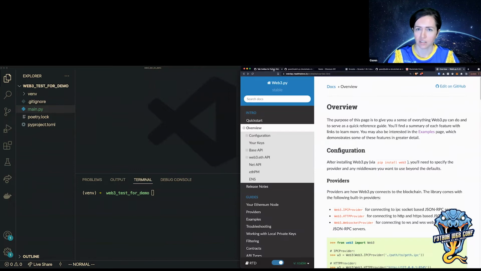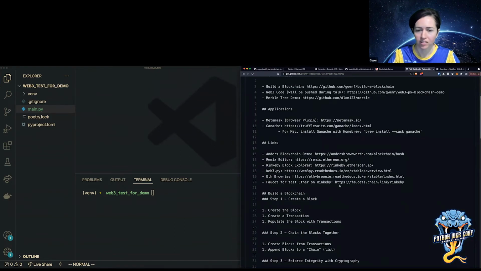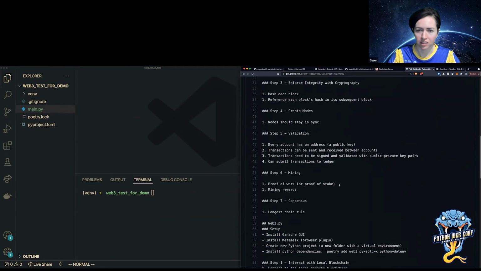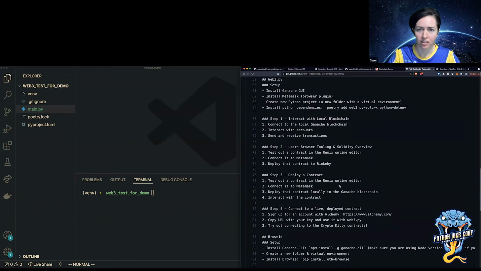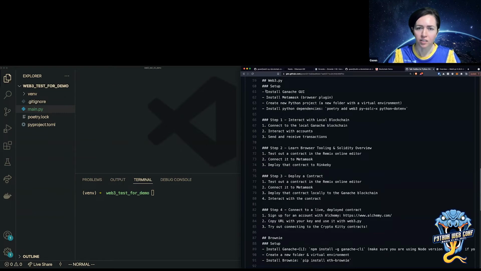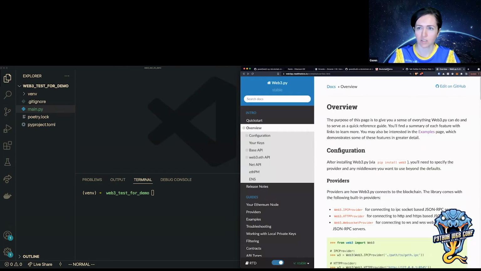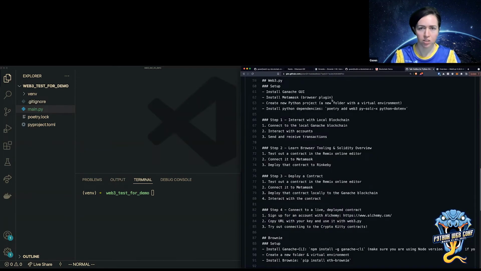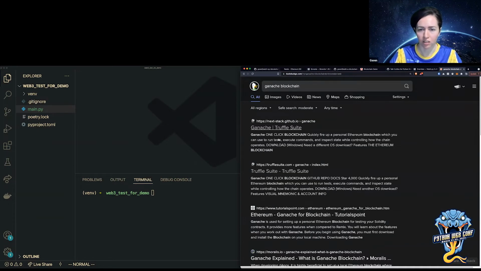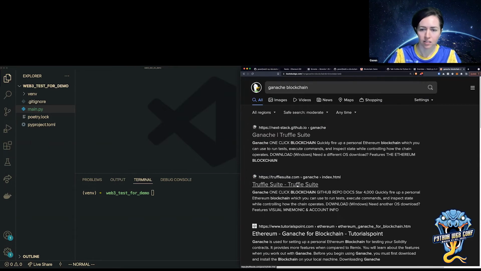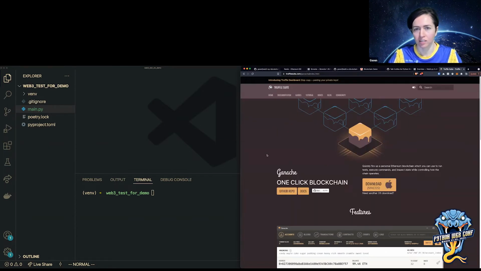All right. So I have the docs open, and I'm going to follow the steps that I laid out here, or tried to. So I have web3.py here, and I have my setup steps. Install the Ganache GUI. That's the program that I just mentioned. If you go to Ganache, you have to type in Ganache blockchain or something, or it shows you a bunch of chocolate. Okay, those are both the same site. Yeah, this is the Ganache site.